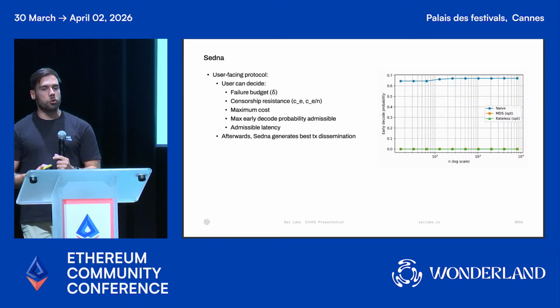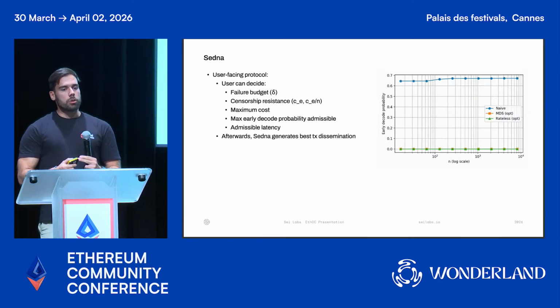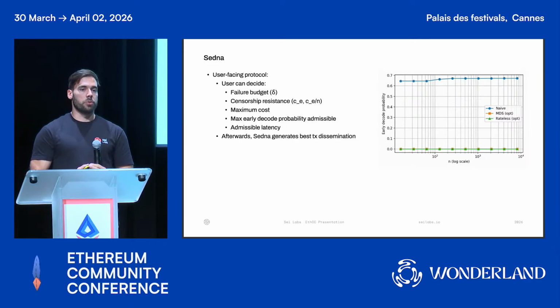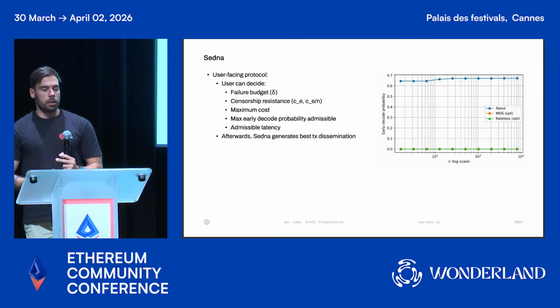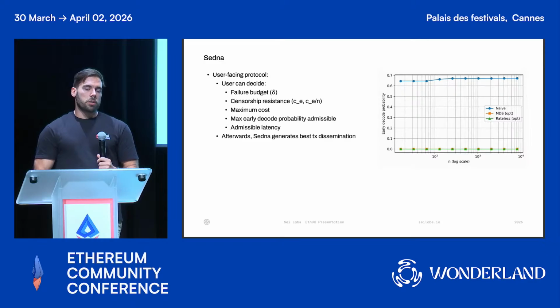The system doesn't need to commit to some kind of generic notion of censorship resistance. It is the user that can really tweak the parameters that make sense for him: what is the adversary that it assumes, what is the cost that he's willing to pay, what is the admissible latency in the worst case given the censor's size, what is the probability that the adversary